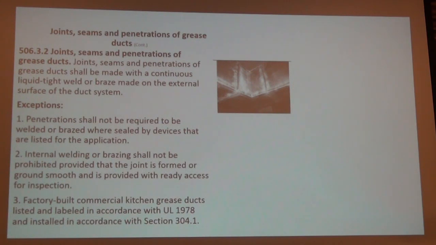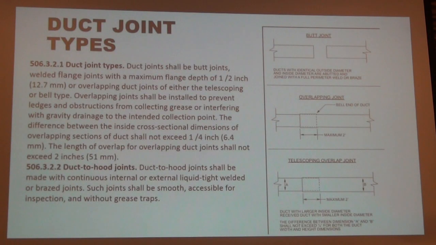It can be internal if the joints are ground smooth. Factory-built commercial grease ducts are limited to the UL 1978 installed according to manufacturer's instructions. Then they give you a list of different types of duct joints. There's a butt joint, overlapping joint, telescope overlapping joint. Then the duct to hood joints shall be made with continuous internal or external welded or brace joints